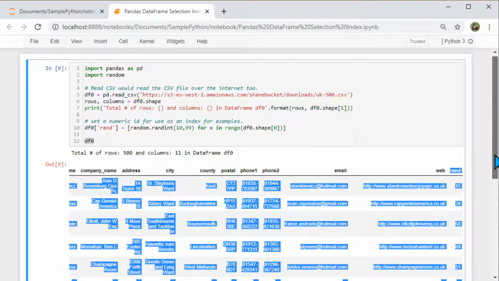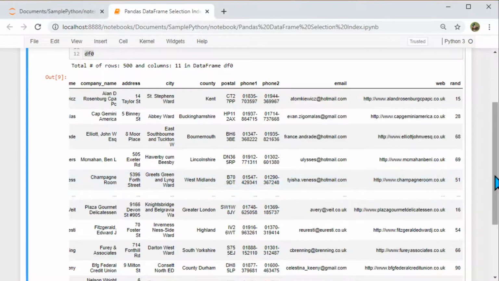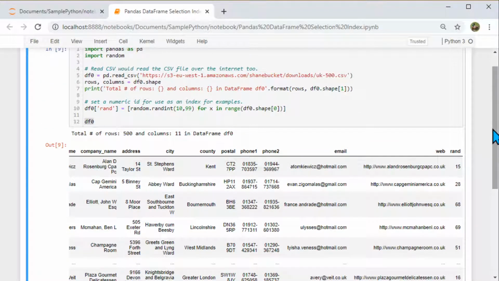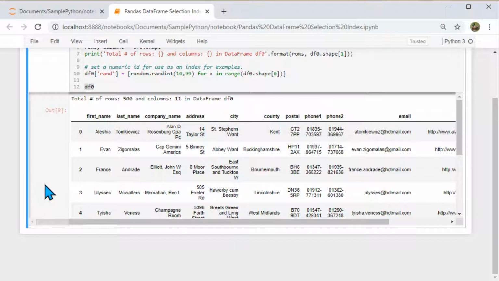Okay, so now let's say we want to move forward and access a particular row in this. You don't want to look at the whole table or the whole data frame, and you want to just look at one particular row.